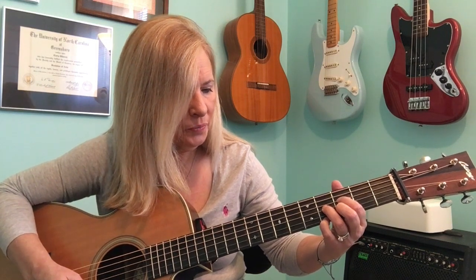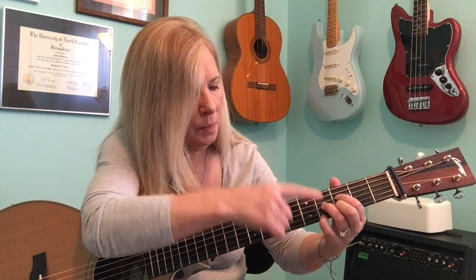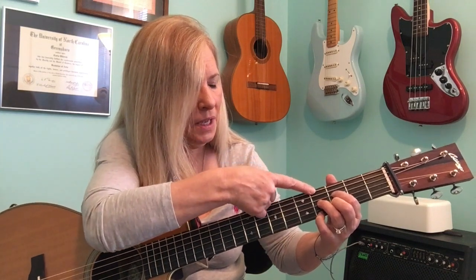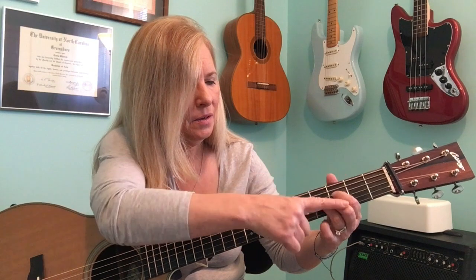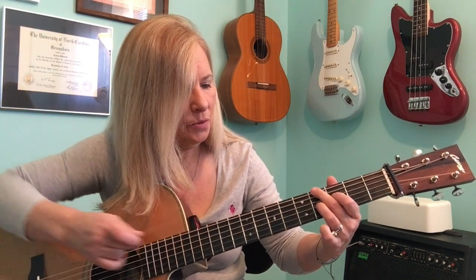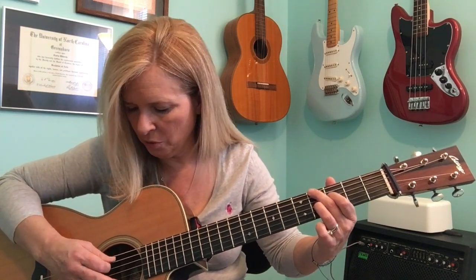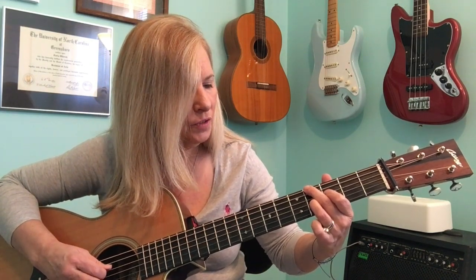But what we're going to do is remove the 1st string, and we're just not going to hit it. We're only going to hit the 6 5 4 3, 6 5 4 3 with the pick. So we'll remove that, and then we'll take this G sharp and put it on this string, on this G sharp. In order to do that, got to take the 2nd finger, the bird finger. We're going to remove that and do that. So we have 4th fret, and then we're going to mute 5th string, and then 1st finger on the 3rd fret of the 4th string,